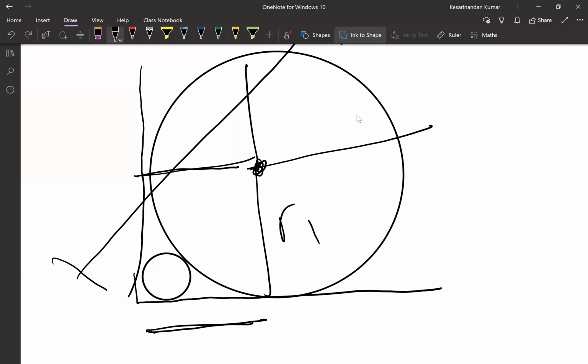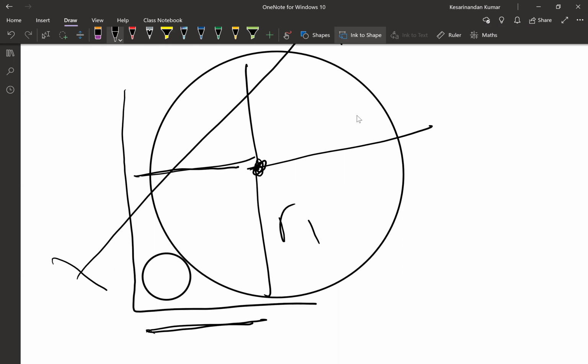Now what you will have is this and this. This is actually joining here, this part. Now you will be given this part. You'll have to find this part, and the question that you will be asked is, find what is this distance. How will you approach that question now?